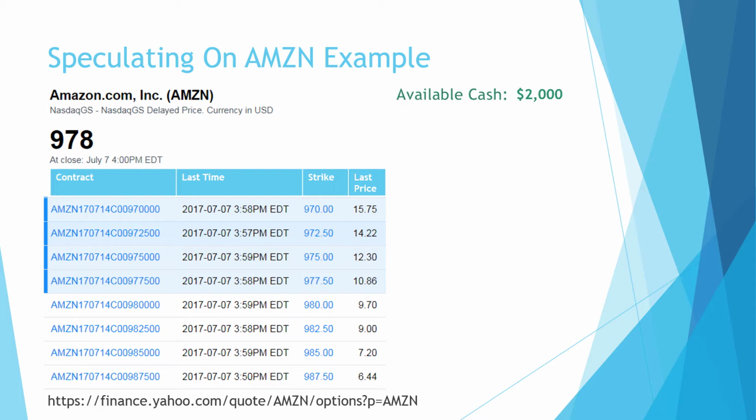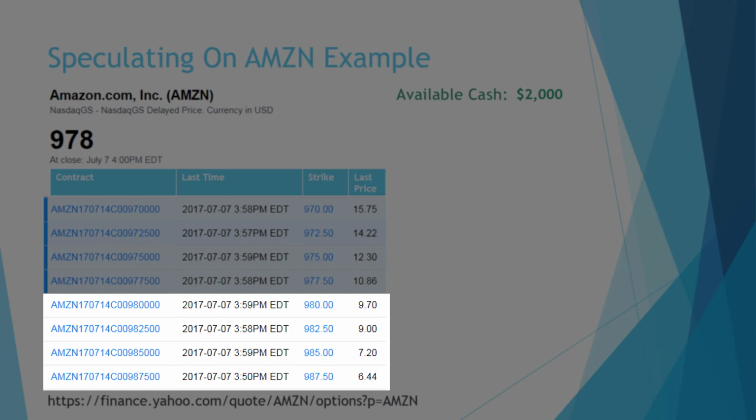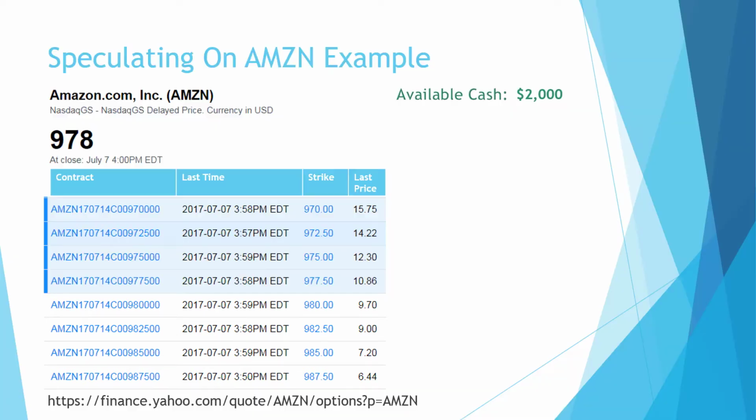Just to demonstrate how much is leveraged using options, if I purchase 100 shares of Amazon, that will cost me $97,876. But instead, by owning a contract, it will cost me less than $2,000 to have that same notional value. Okay, back to the example. Let's say I do not want to spend more than half of my available cash for this position. So I will look at the strikes above 980, because the strike at 977.5 will cost me $1,086, and any strikes below that will cost me even more.